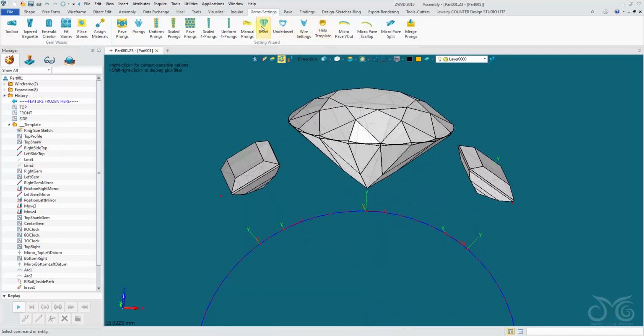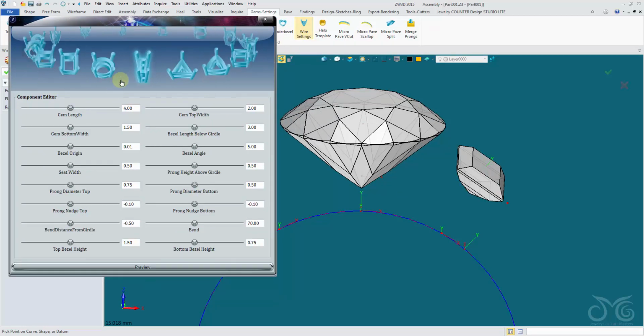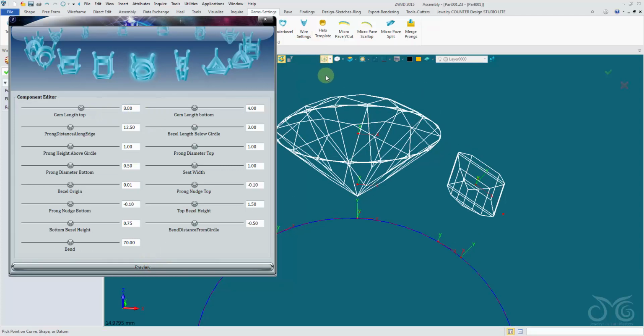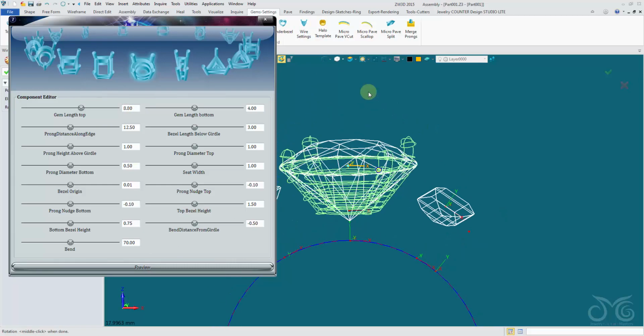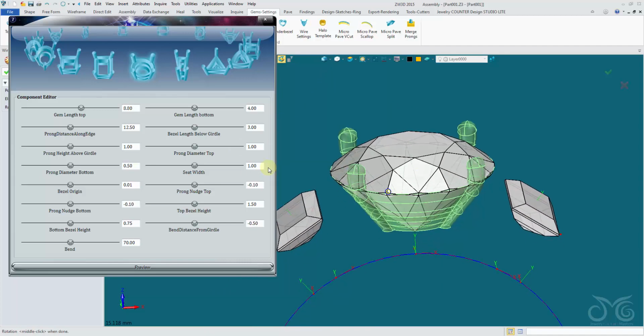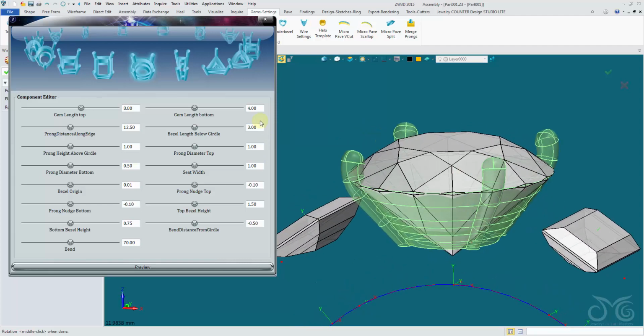Let's place some wire settings on these stones. We'll start off with the round wire setting. The gem length was 8.8. Preview, we're going to place it on the same datum as the stone. I'm going to go through this quickly, just make a few tweaks, but if you were producing an actual piece for manufacture, spend a bit more time than I'm doing right now. I'm just going to increase this a bit,